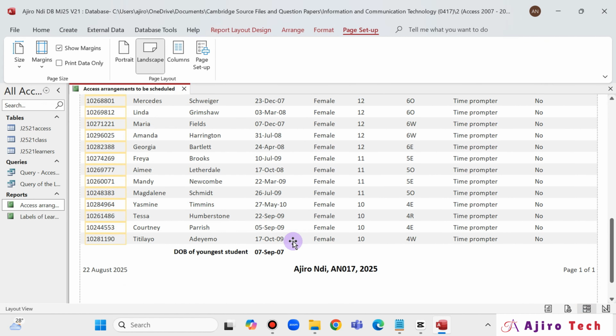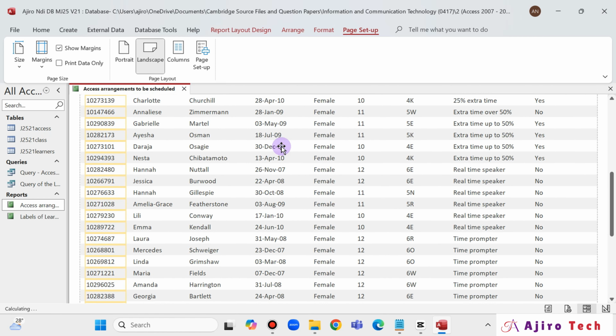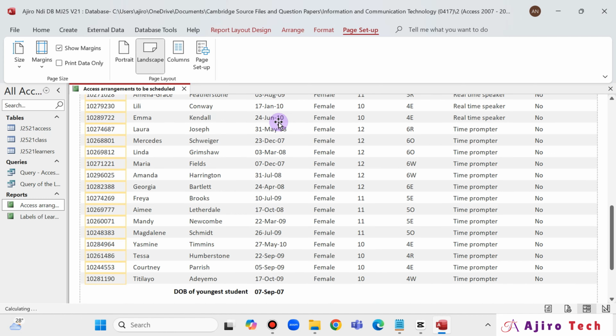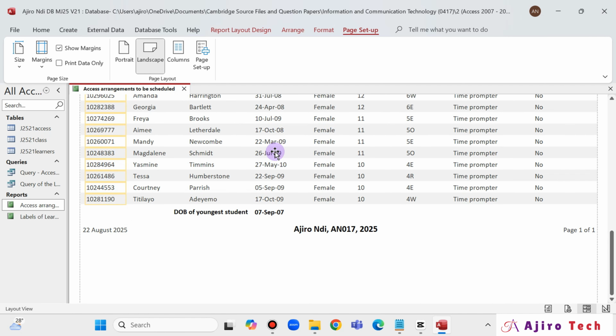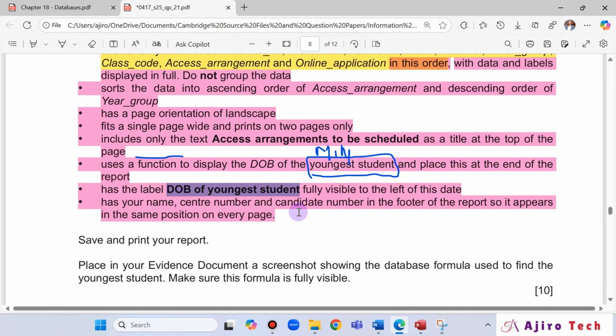So now you can see that this was 7 September. This is the youngest. Okay, so again, it still doesn't matter, but I just wanted you to know it and learn it, because it might not be in the final printout of this video. So I'm just adding it to it. Done. Has your name, center number, candidate number in the footer of the report, so it appears in the same